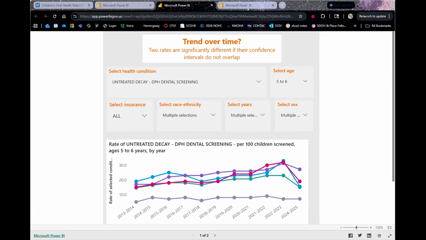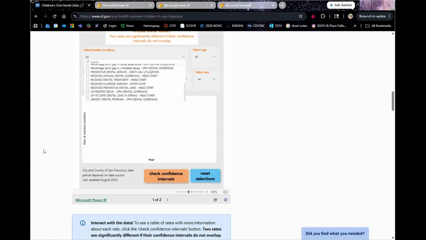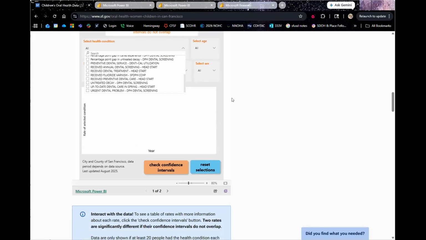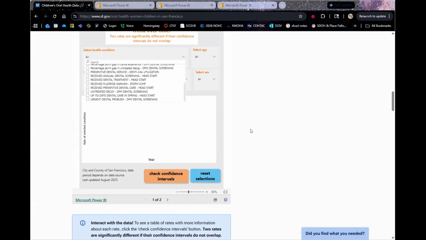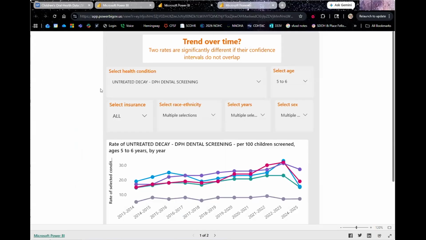And so our IT department was able to build the website backend capability to pull the Microsoft Power BI onto the SF.gov website. Because that back end was already built and we had that epidemiologist who knew how to put it together and was really passionate about having it public and displayed, she really took the reins and built these dashboards.